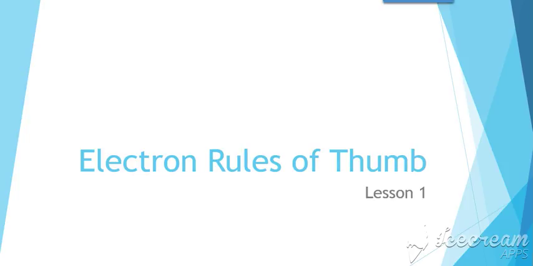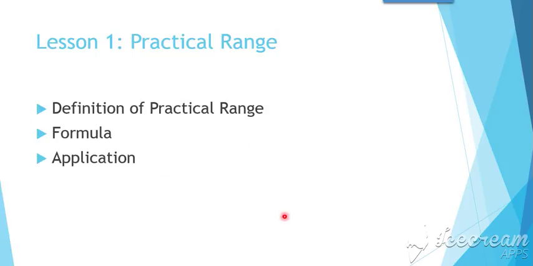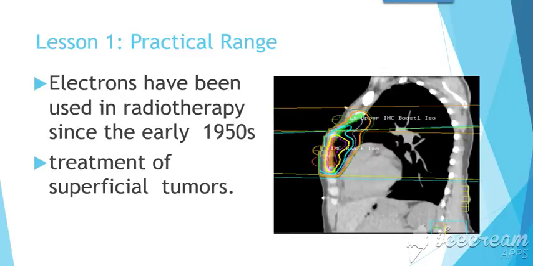To Electron Rules of Thumb, Lesson 1. In this lesson, we're going to discuss the definition of practical range, the formula to calculate practical range, and its clinical applications. Electrons have been used in radiation therapy since the 1950s, and they are very useful for treating shallow